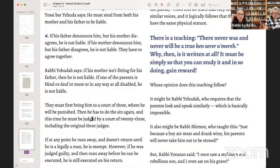Yehuda says if his mother isn't fitting for his father, then he is not liable. If one of the parents is blind or deaf or mute or in any way at all disabled, he is not liable. Because if you look back,